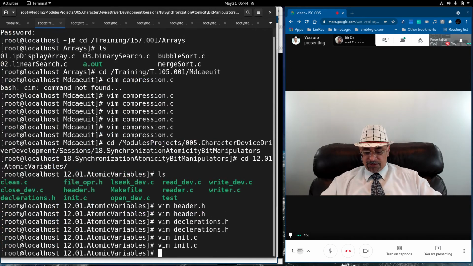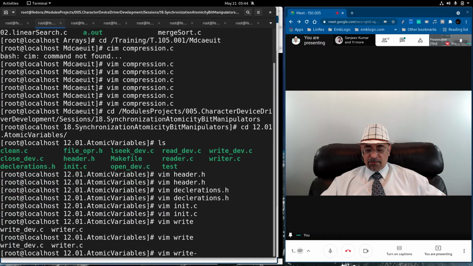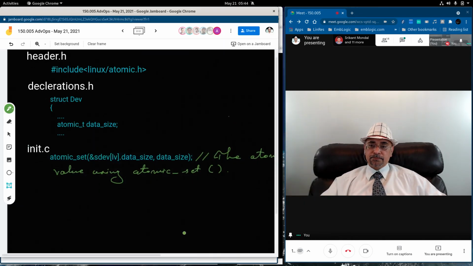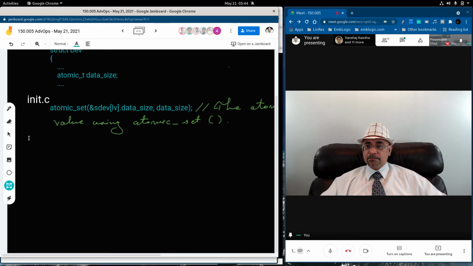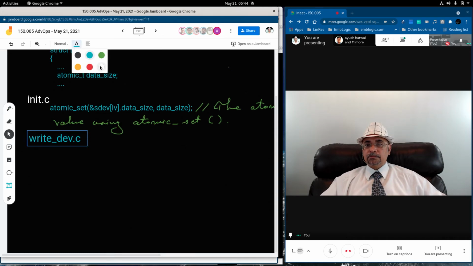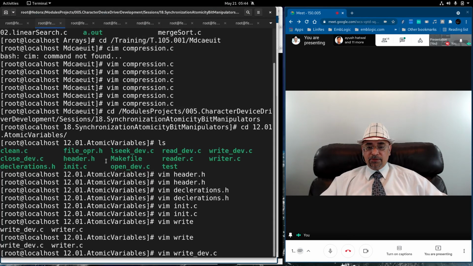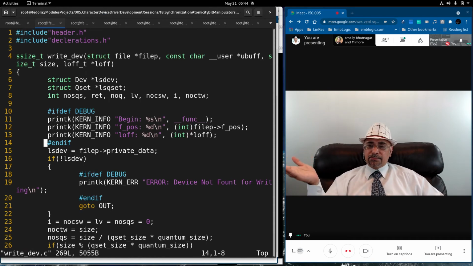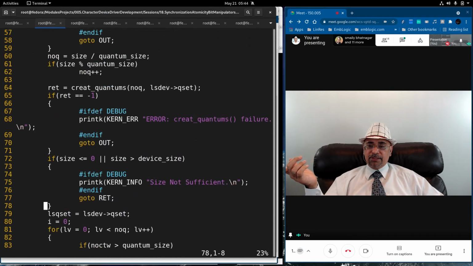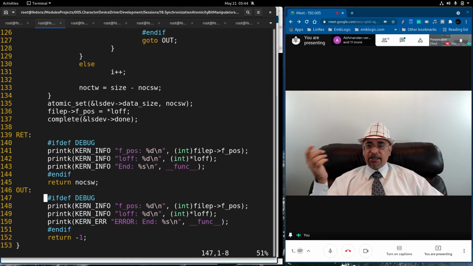Let us go to the write function. In write_dev.c, you will write the data. When the data is written successfully, then towards the end of the write operation, you will change the data size using atomic_set.